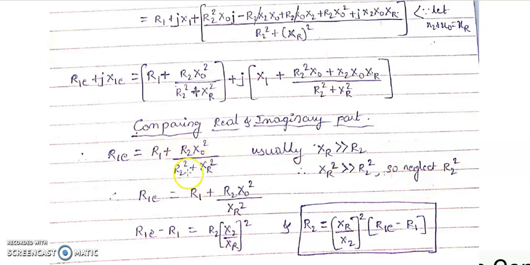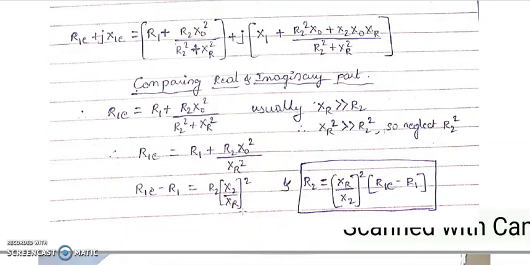Okay, if I neglect R2 square, even after addition of R2 square to the XR square, it will not affect the value much more. It will be affecting very less. So to ease the equation, I'm going to neglect this. After neglecting, you can see R1 comes R1 itself. So remember, I'm not going to neglect R2 because it still has certain value, but R2 square is much lesser than R2. So I'm going to neglect this R2 square. So R2 remains as R2, X0 as X0 square, and finally this becomes 0, so what remains? XR square, right?